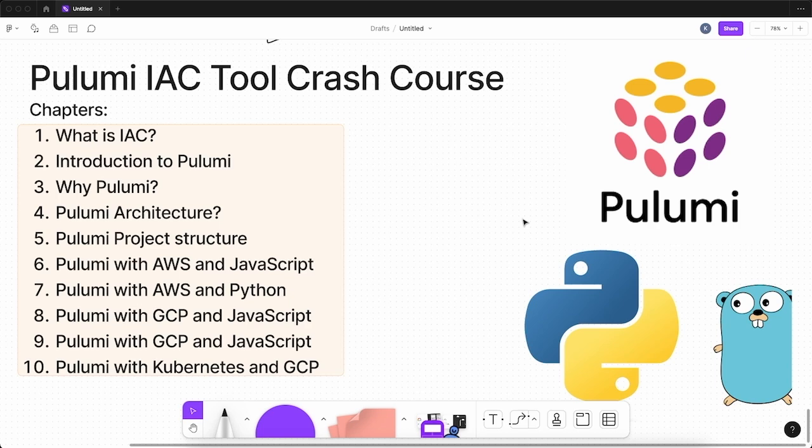So these are some chapters which we will be talking about. First of all, we will see what is infrastructure as code. Then we will have a quick introduction to Pulumi. Then we will see why we need Pulumi if some other infrastructure as code tools are there in the market. Then we will see the Pulumi architecture, then we will explore the Pulumi project structure, then we will see how